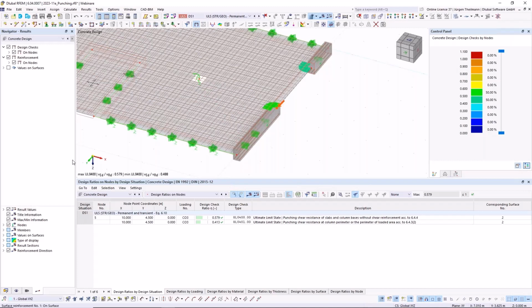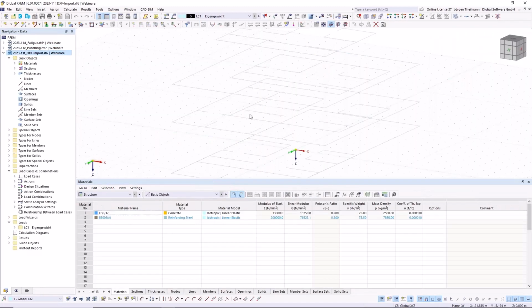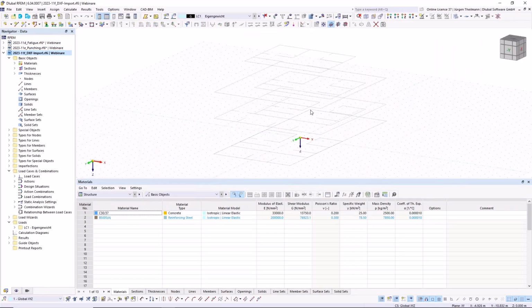Good, let's go to our last question of the day. I go to this model. And this is asked really, really often because many of you, especially when building multi-story buildings, you're working with DXF files as background layers. And there's always the question, how can I move them?